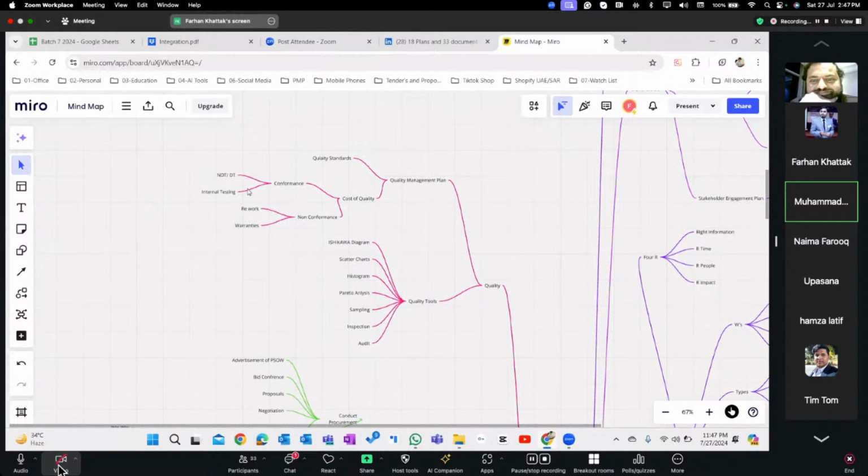In cost of conformance, we have internal testing, and we have NDT and DT, and in non-conformance we have rework cost and guarantees cost. Then quality tools, we have audit, inspection, sampling, and Pareto analysis, histogram, scatter charts, and